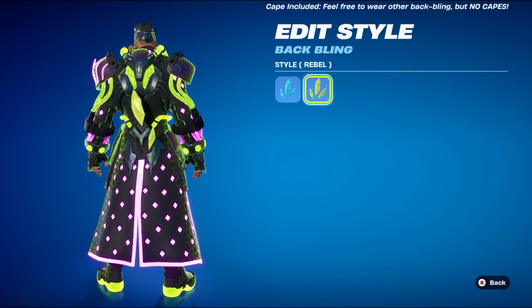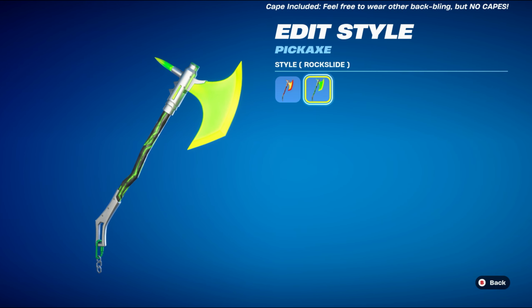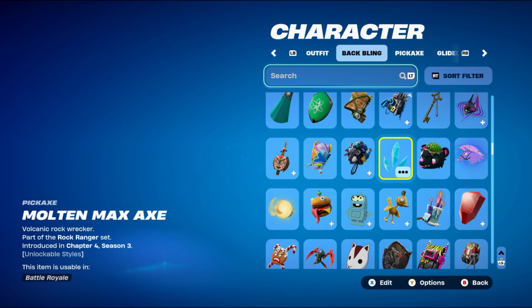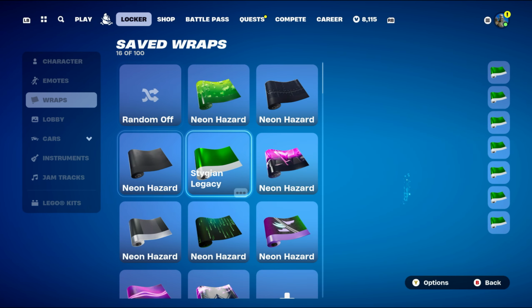the green design. Pickaxe is the Molten Max Axe, which is part of the Rock Ranger set, introduced in Chapter 4 Season 3's Battle Pass, and this is Ryan's pickaxe from that season. I'm using the second style, which is Rock Slide, for the black and green design. It works absolutely perfectly. Let's move on to the weapon wrap now for this combo, which is this one right here,